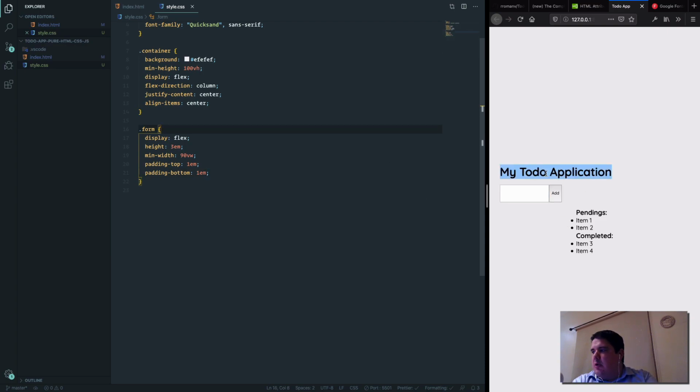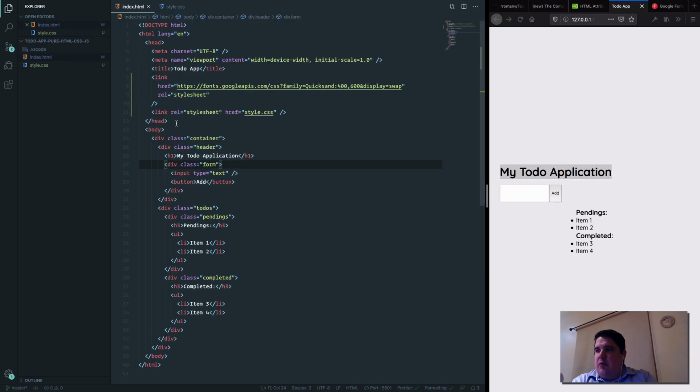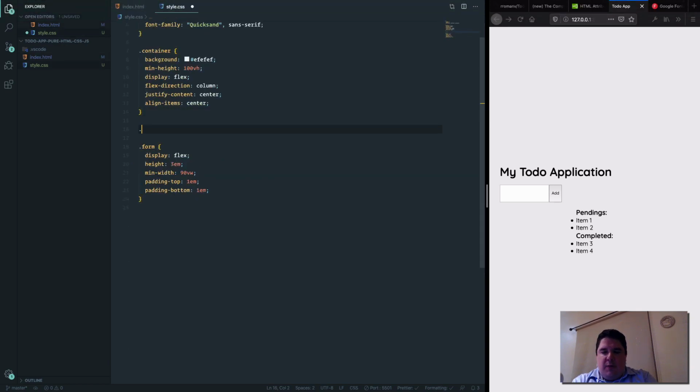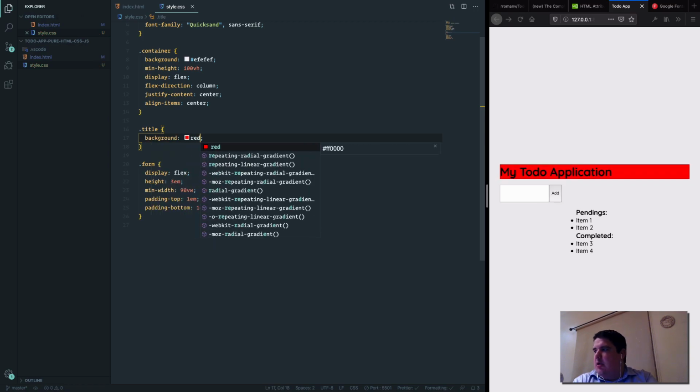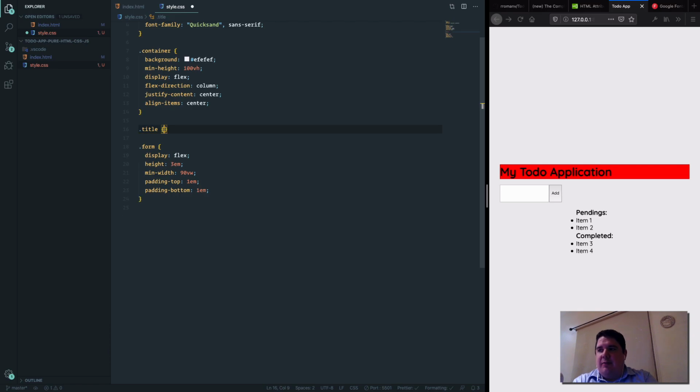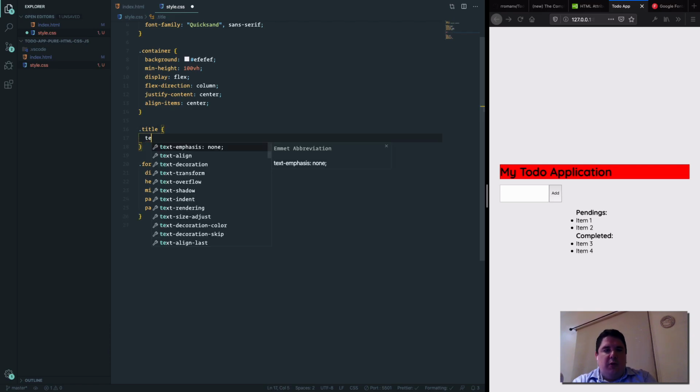But now we saw that this application is not centered anymore. So that is inside my header H1. We can actually have a different class here. Let's put it like that, probably it's going to be easier. And then we can actually, sorry for that. Here I can do my title. Let me show you also really quick. Background red. You will see that my whole content is actually centered, but the content inside my title is not. And that's something about my text. So the thing that I want to do is use text align,